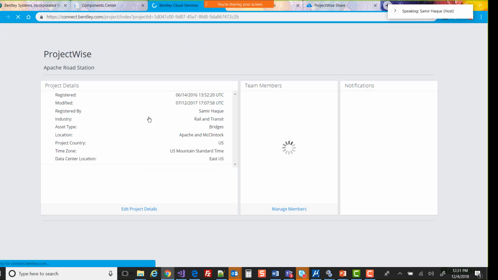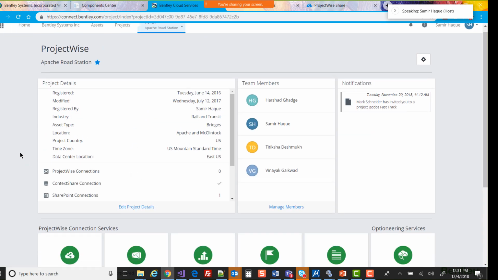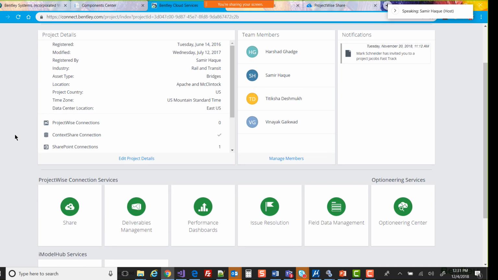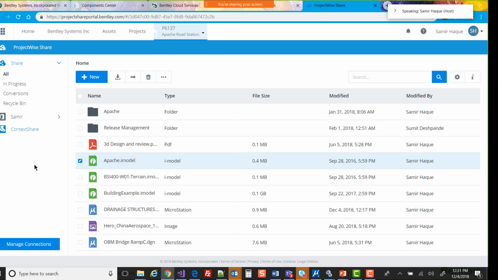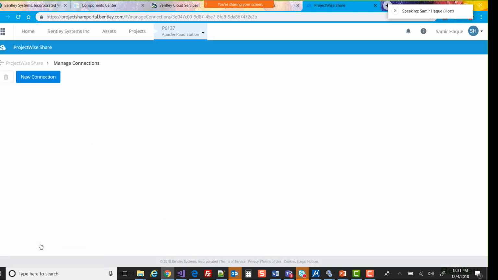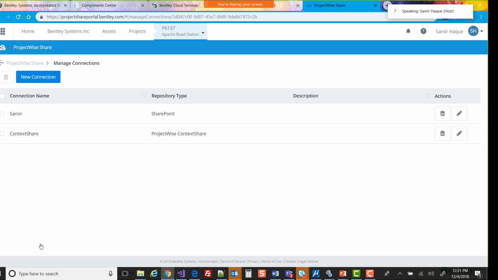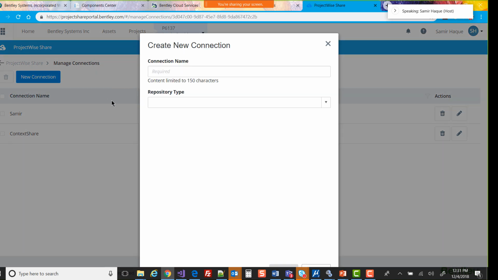And then when you've got an actual project, you can drill right into it and then go look at what you've got. So here's where I can come in and if I look at that ProjectWise share, if I went into share, then from here I can manage connections. So this is where I connect my share to a variety of different things. So currently I've got two connections. I've got my SharePoint connection, and I've got a ProjectWise context share. I can go ahead and select new connection,